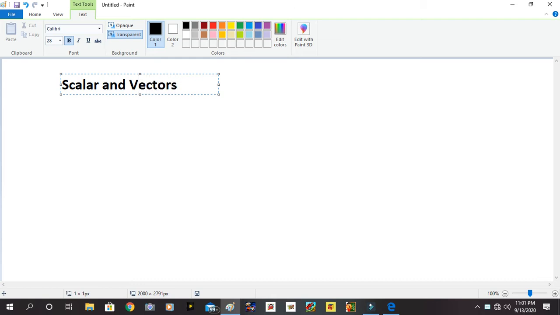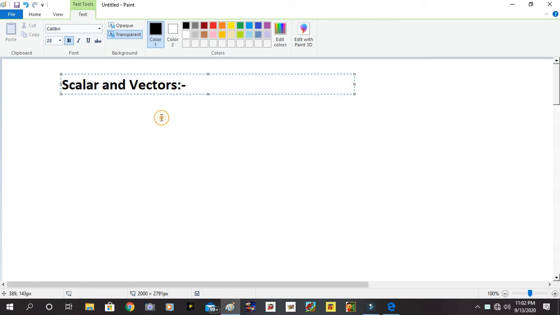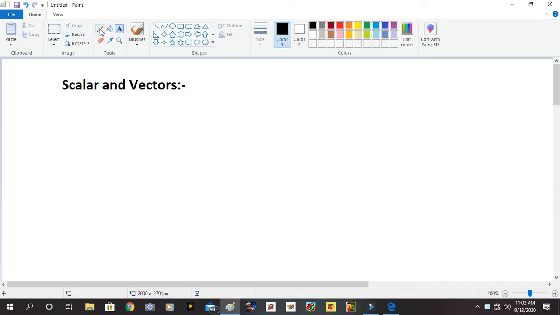But there are some important characteristics on the basis of which we decide whether the quantity is scalar or vector. So a fundamental quantity also can be a scalar along with a derived quantity, or fundamental and derived quantity both can be vectors also. So to discuss this, what exactly are scalars? First we will start with scalar.